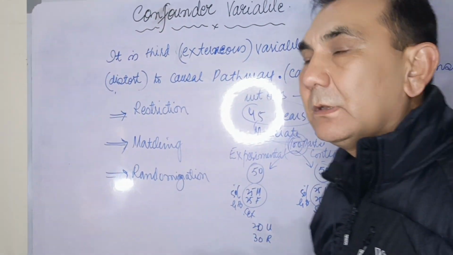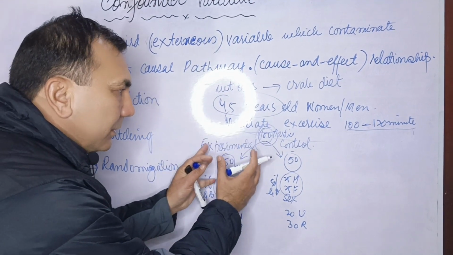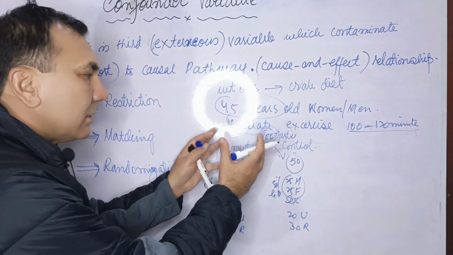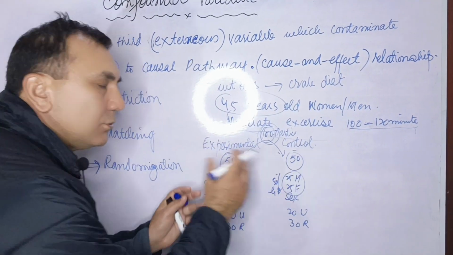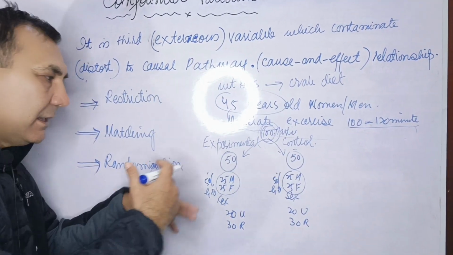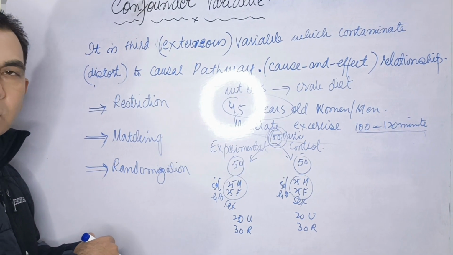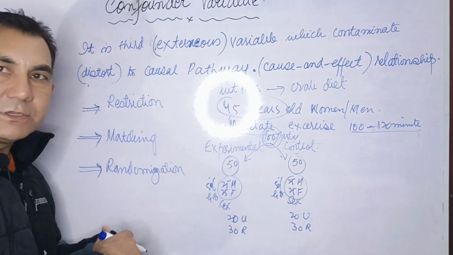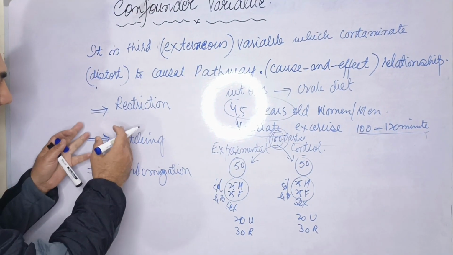What's going to happen? The confounder in this sample size, which you randomly selected, is randomly divided into the two groups, the experimental group and the control group, and that becomes unbiased. Your result will become unbiased. The confounder will not affect one group. Okay, so that is the third.